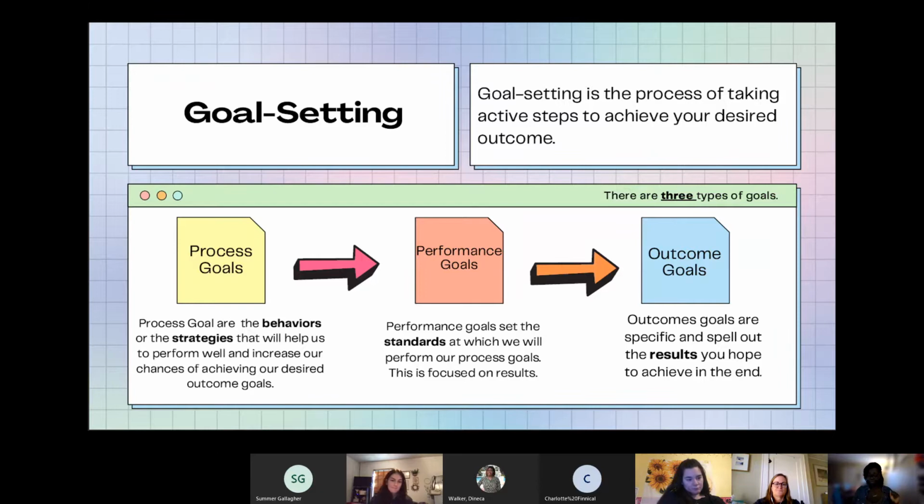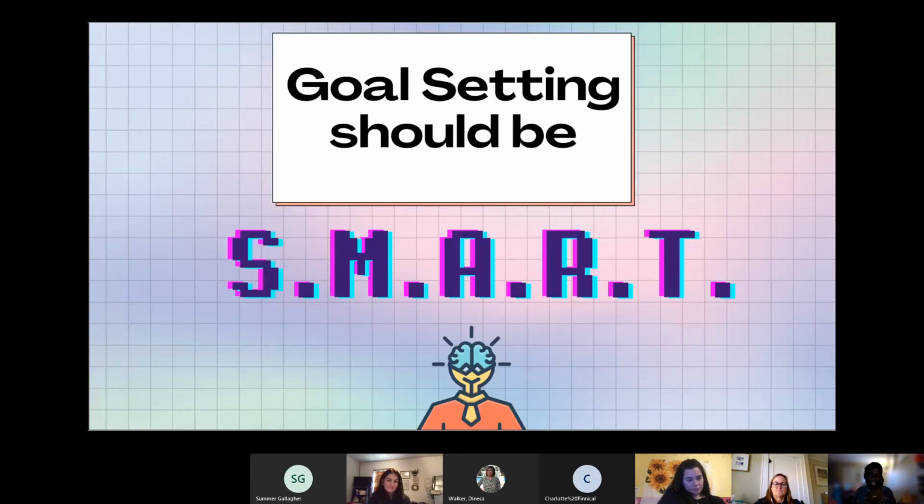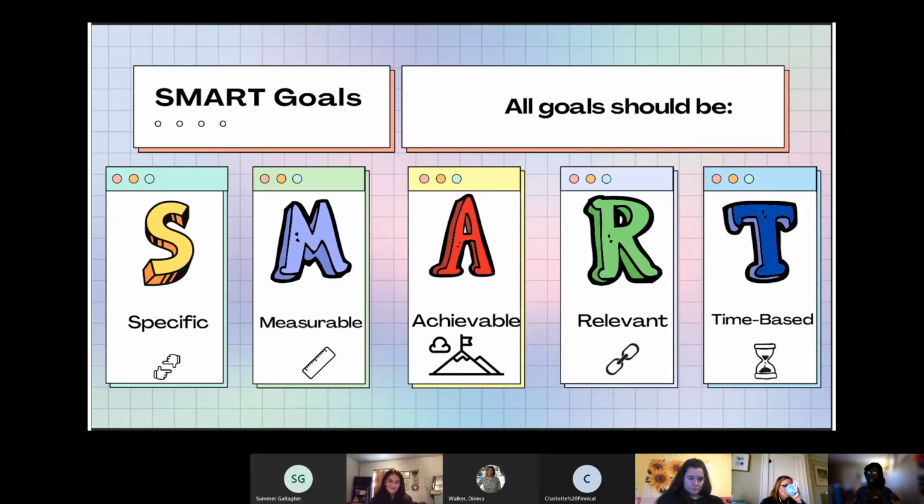How do we do that? We got to be smart about it. So goal setting in the end should be SMART. Has anyone heard of SMART goals? No. Sandy, I see you smiling. Okay, so SMART goals are goals that are specific, measurable, achievable, relevant, and time based. So when people say, "Oh yeah, make a goal," it should be SMART, meaning that it should follow this acronym